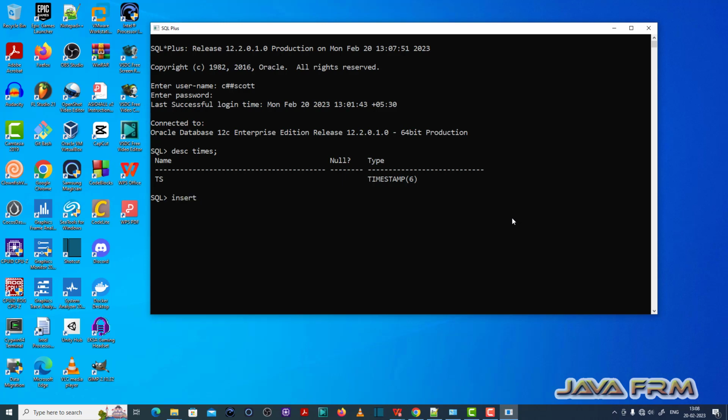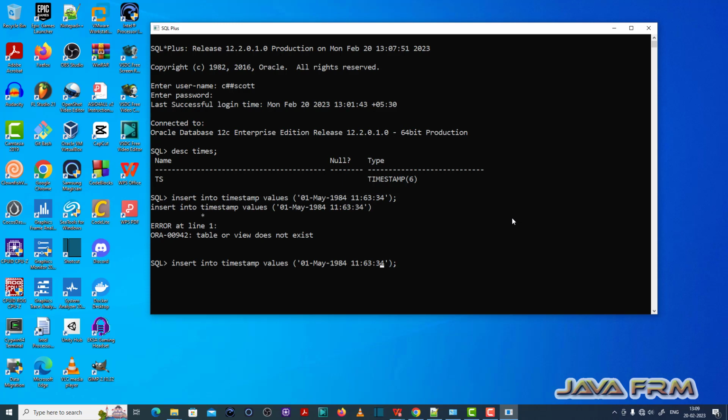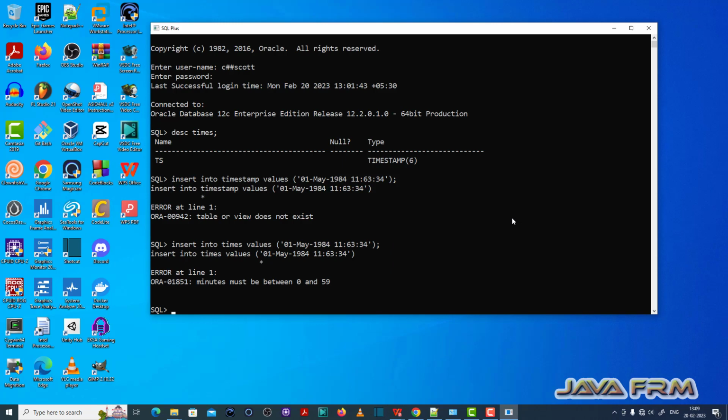Okay, so let me insert one value to the times table, to the column called ts. Okay, let me insert one timestamp value. Okay, let me correct that. Okay, now yes, so you can see that